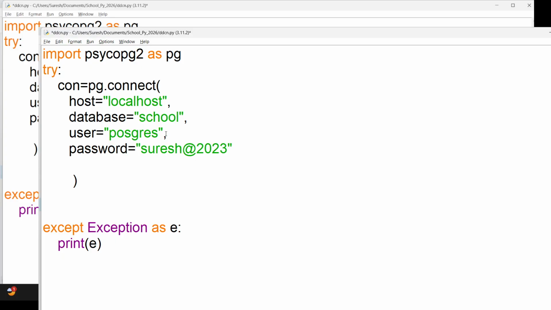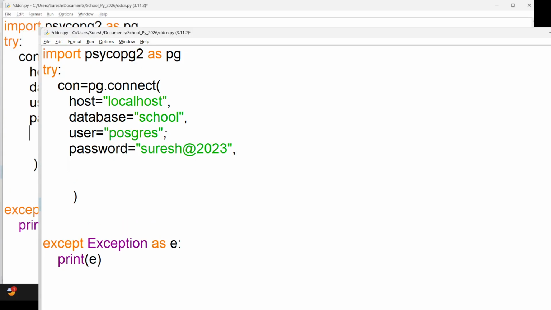And the last parameter is the port. The default port is 5432. So this many parameters we need to connect with the database.